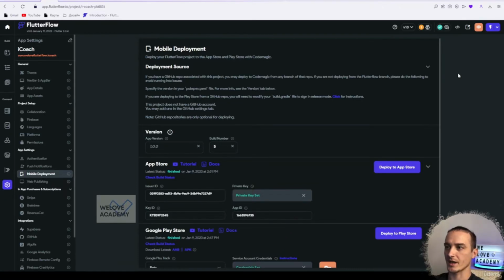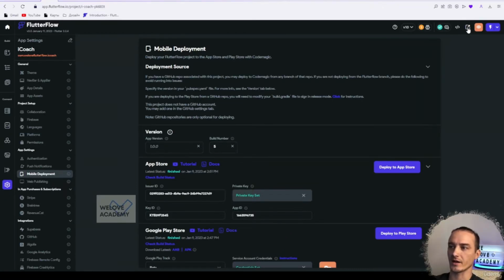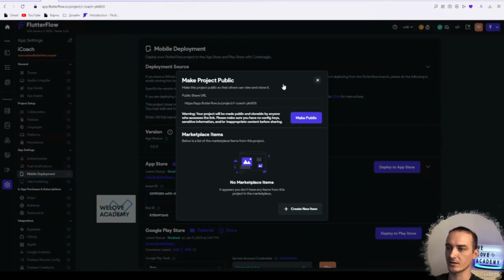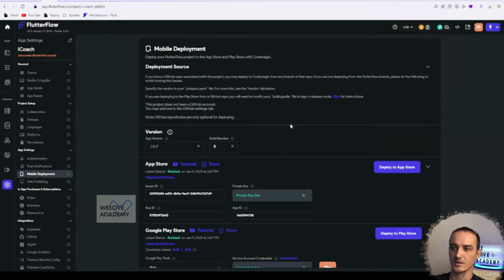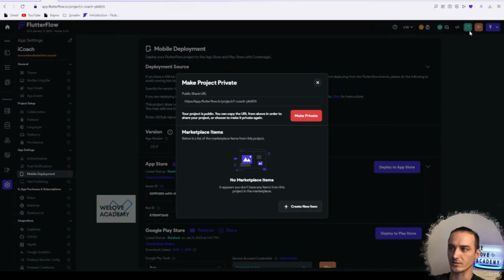Share project, guys. Right here we have a little icon that means you can share your project with other people. You can click on it, and you have to be sure that you have no private information or inappropriate content or configuration keys connected to your project, because if you make your project public by clicking on this button here,